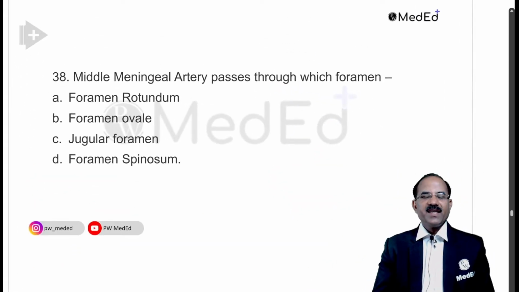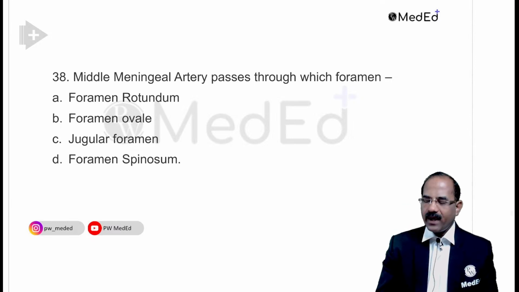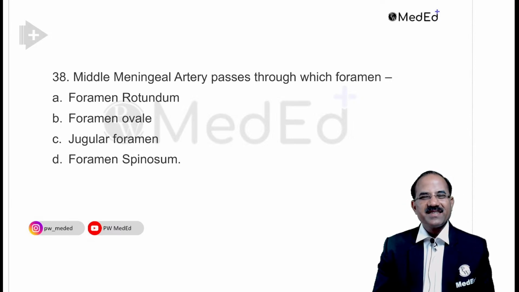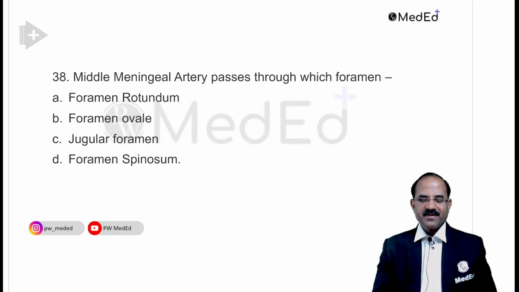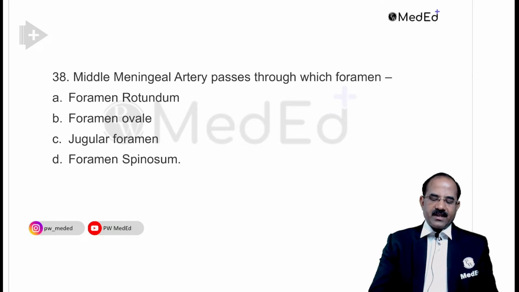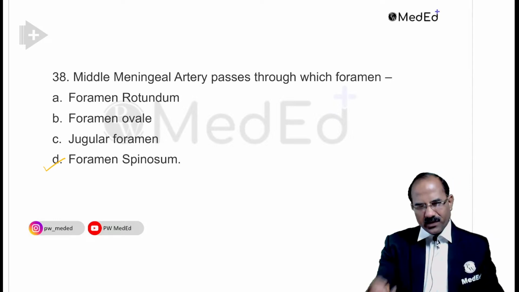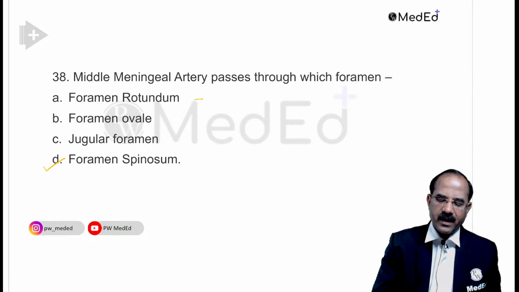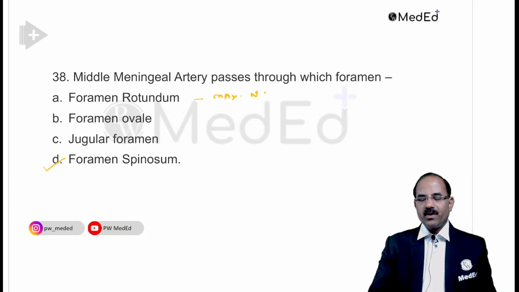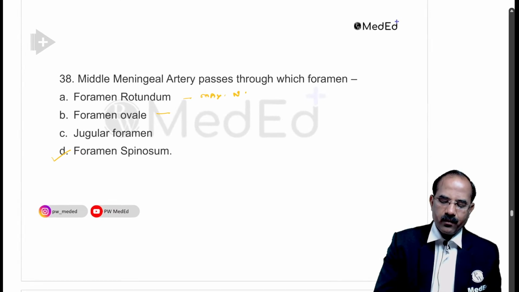See the next. The middle meningeal artery passes through which foramen? Any guesses, students? Middle meningeal artery passes through which foramen? Yes, middle meningeal. That's the foramen spinosum. Foramen spinosum. So we'll just finish this. Foramen rotundum, what passes? Any guesses? Foramen rotundum transmits the maxillary nerve. Foramen ovale, what goes through it is